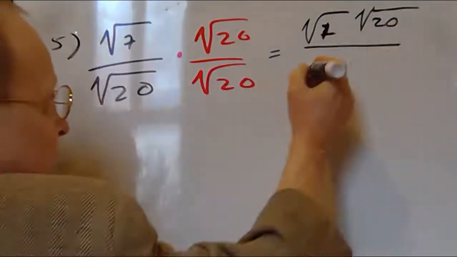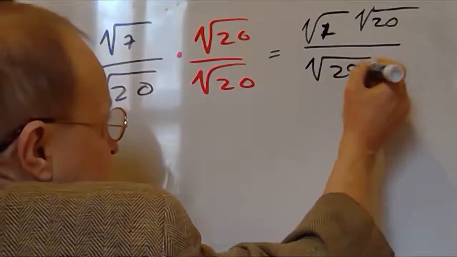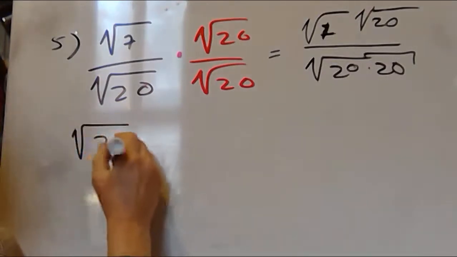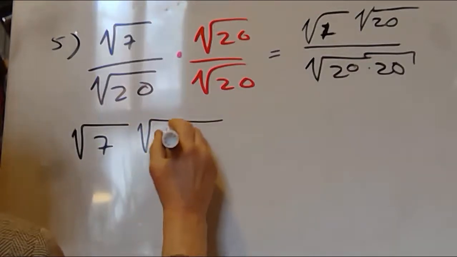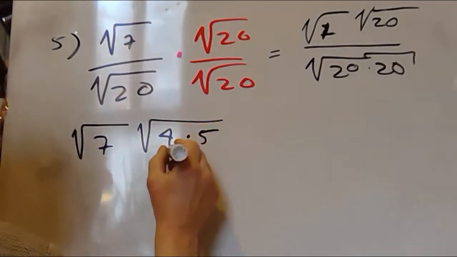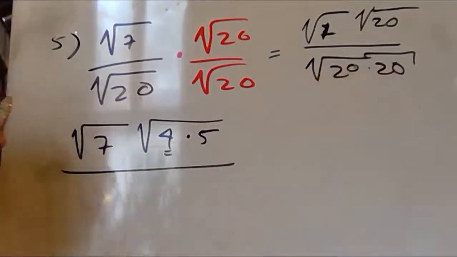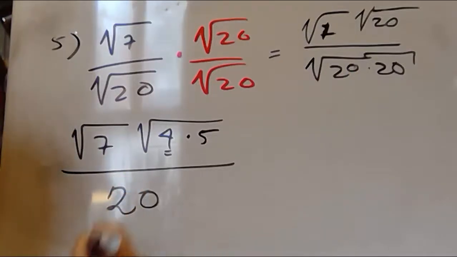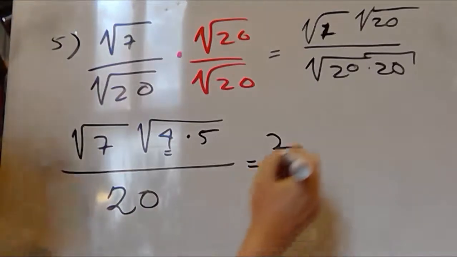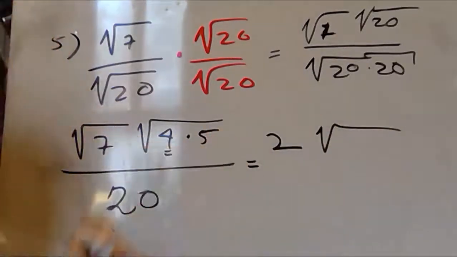And then on the bottom, I have 20 times 20, which of course gives me the perfect square and pulls out the 20. And my top part, I still have 7, but I can break my 20 into 4 times 5, where that 4 is the perfect square. On the bottom, I have the 20, so I can just put that. And since the 4 is the perfect square, I can just pull out the 2 from that perfect square, and I get 7 times 5 there, and that means that's 35